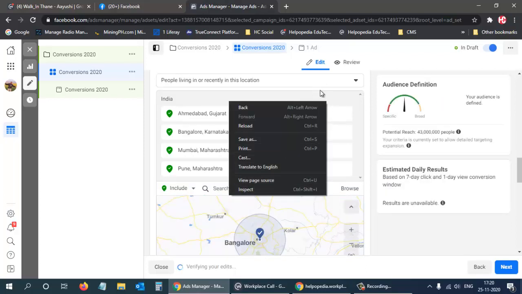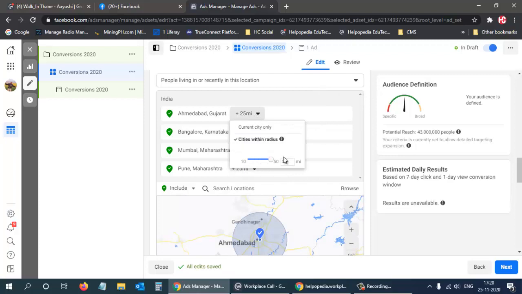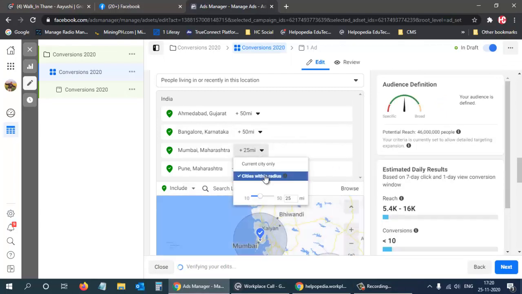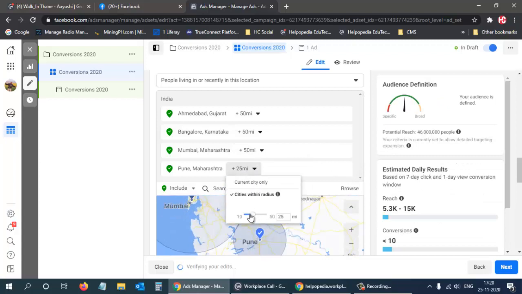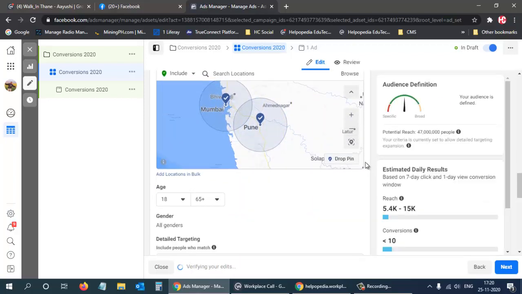Like this we can select all the options, and then we can increase the radius of the city, so we can target more people living in that area. And then Pune also. Okay, so this is what we can select.